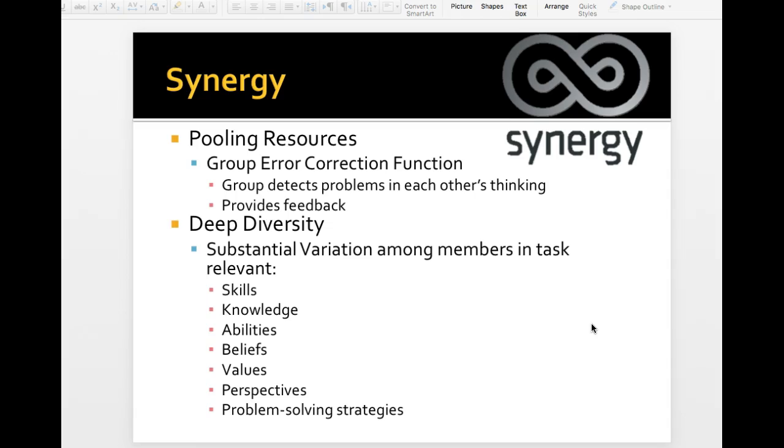If your group has deep diversity, so just different skills and knowledge and beliefs and abilities and problem solving strategies among the group, the more diverse the group is with these things, the stronger the group becomes because they have all these different resources they can pull from. So that helps if everybody has different backgrounds. That's why when I designed your groups, I tried to pull different group strengths in terms of that test that you took, whether you were precise or technical or confluent. Pulling those means that you have diversity, right? You have different leadership styles and problem solving strategies within your group.